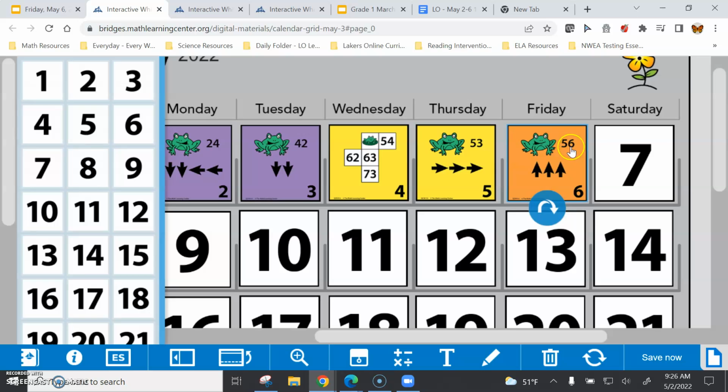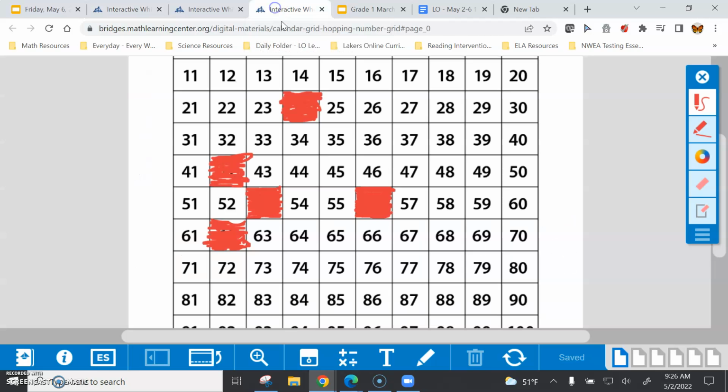Okay, we're on the number 56, and we have to go up 3. We've talked about going up and down on our hundreds chart. When we go up 3, are we adding or are we subtracting? Ooh, good job. You remembered. We are subtracting. So let's look at this. If we're on the number 56 and we go up 3,